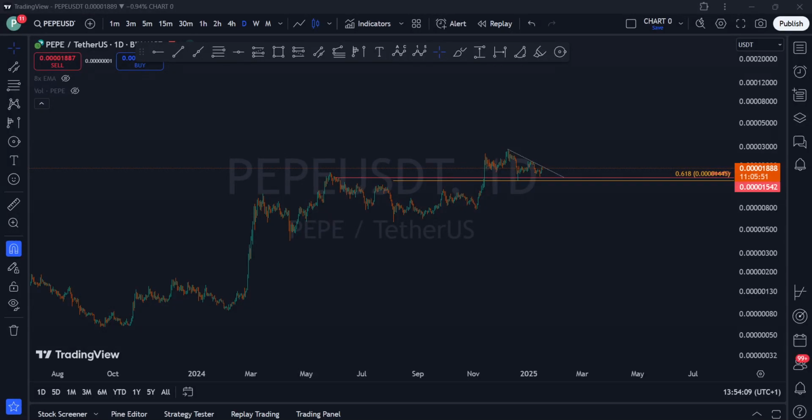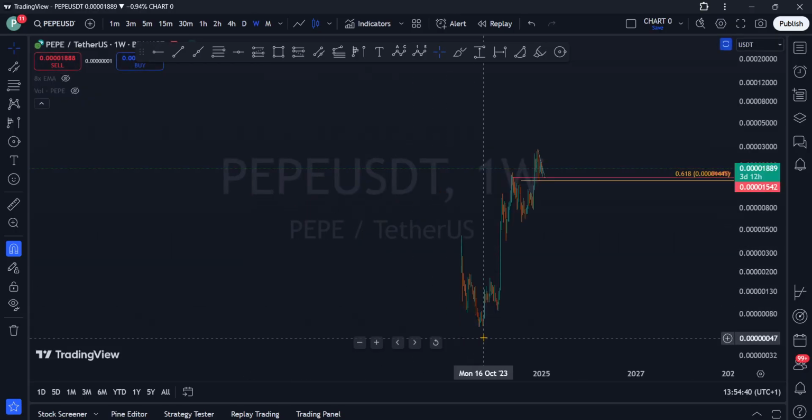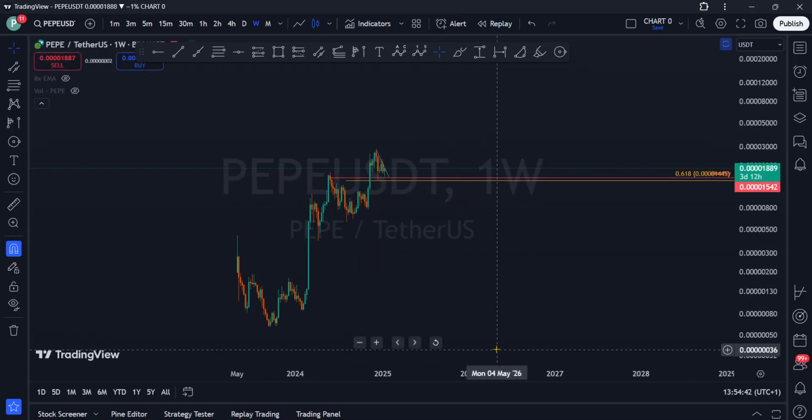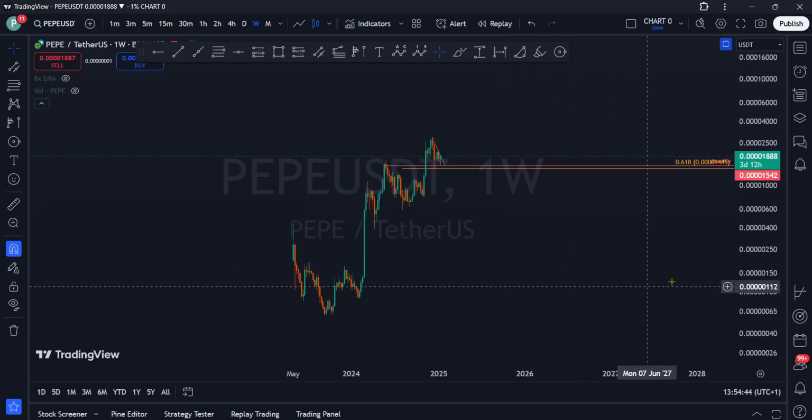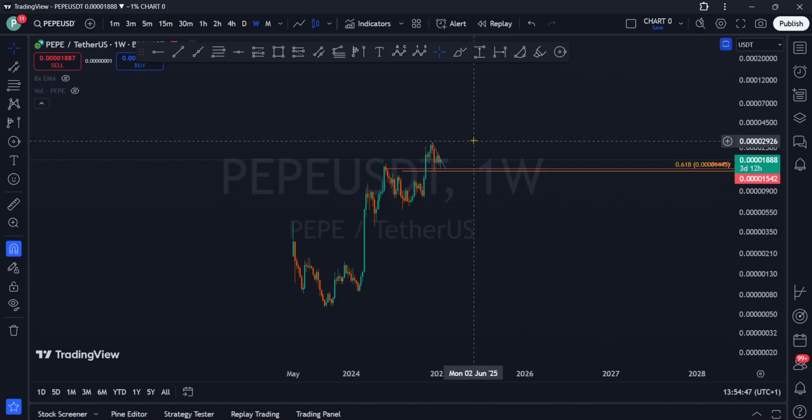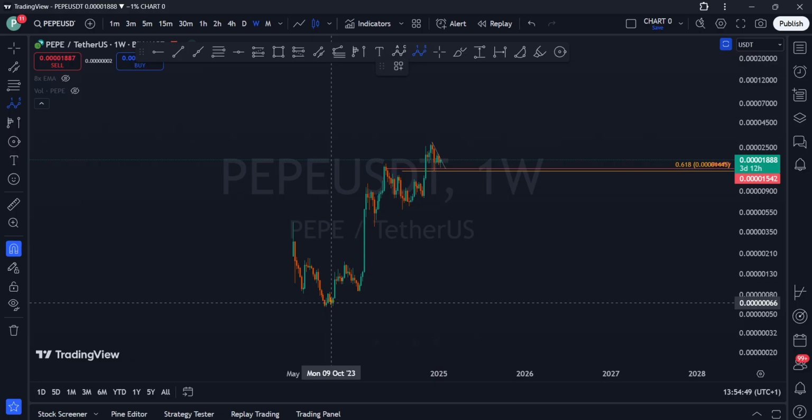Let's take a look at this together. If you look at the chart of PEPE, on the weekly time frame, I can currently identify a 5-wave Elliott impulsive wave pattern forming on the chart,